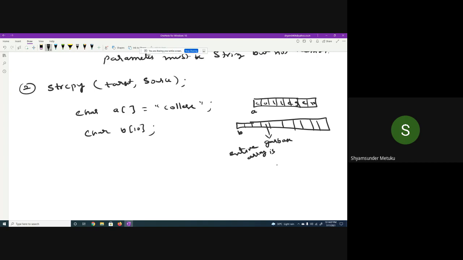B is 8 or more than 8, so it is acceptable. Simply I can perform strcpy(b, a). Later you can write printf("%s", b). What is the output you'll get? College.